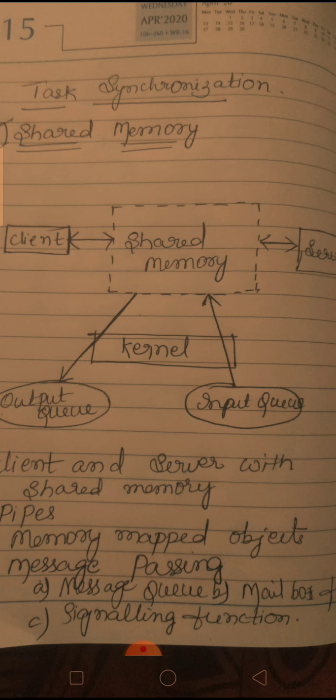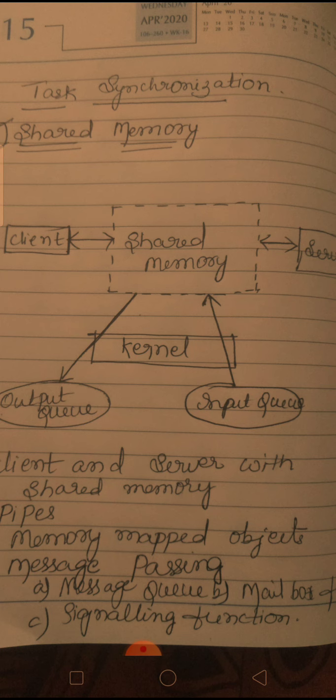The send primitive is used for sending a message to a destination. A process sends information in the form of a message to another process designated by a destination. A process receives information by executing the receive primitive, which indicates the source of the sending process and the message. This is about the message passing scheme.